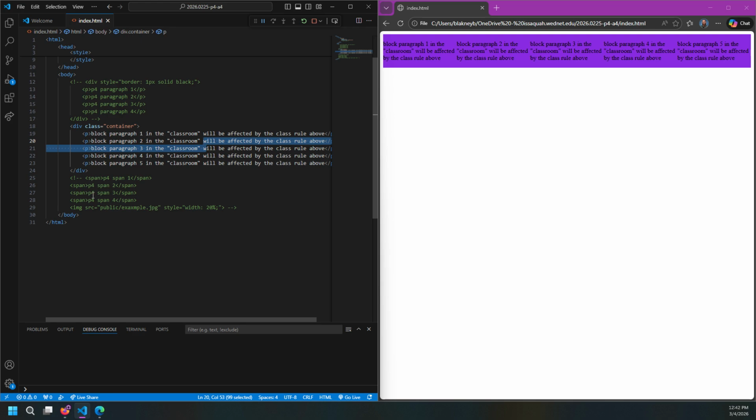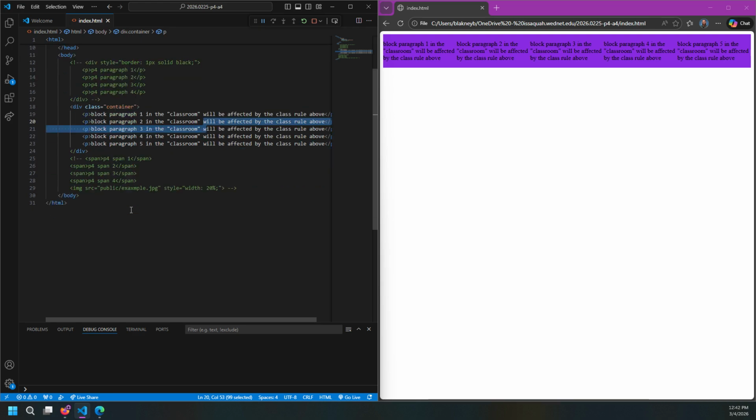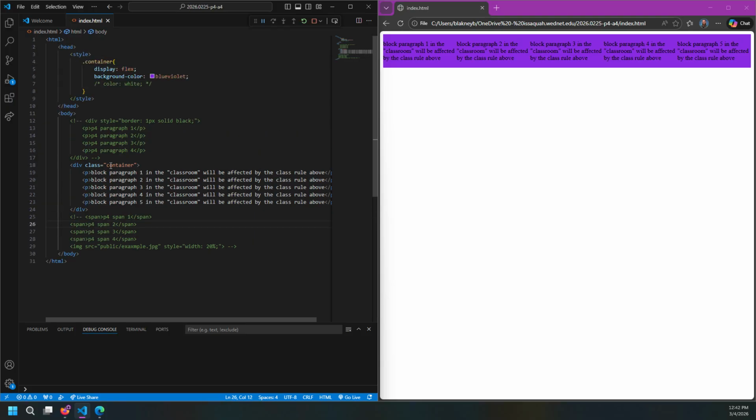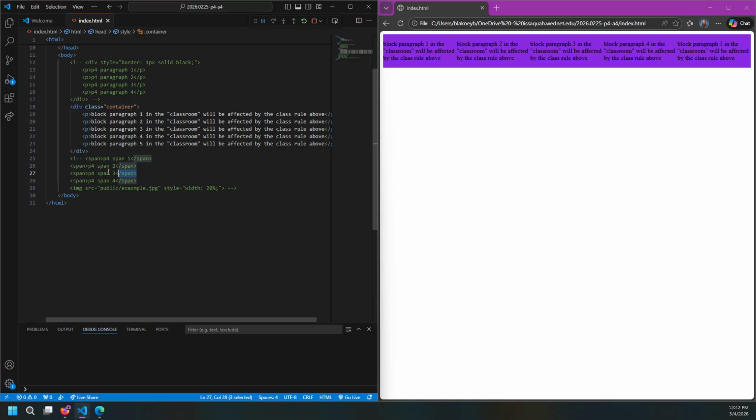Okay? One thing to keep in mind when using the comment shortcut is that they start and stop wherever you see these little arrows. If it's HTML, it's going to have a little exclamation point. If it's CSS, it's going to have these little slashes. Okay? So if I wanted to bring just this span back in, and I try to Control/ it out, it's not quite going to work. You're going to see it's going to get a little angry. I first have to